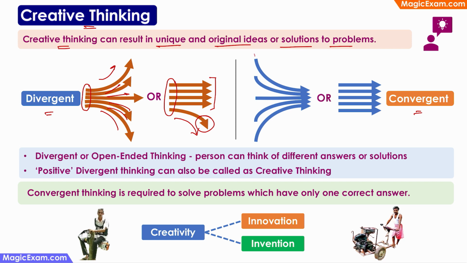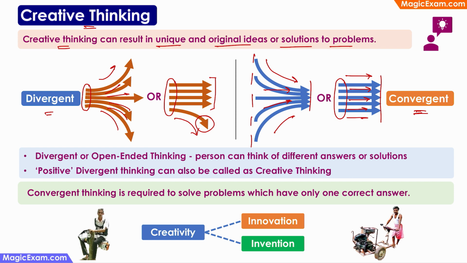Convergent thinking means that if you give a set of problems to the children in your classroom, and all of them are trying to use the same approach or the same methodology to arrive at the same answer, then that is convergent thinking. So typically in a classroom, if you teach a standard formula or an approach to solve a problem, then all the children will try to use it to solve similar problems and arrive at the same solution. So this is convergent thinking.